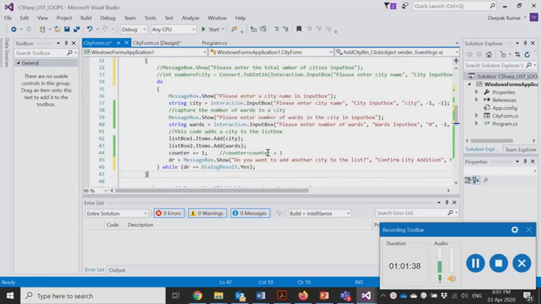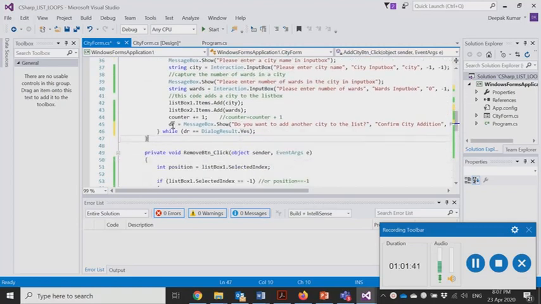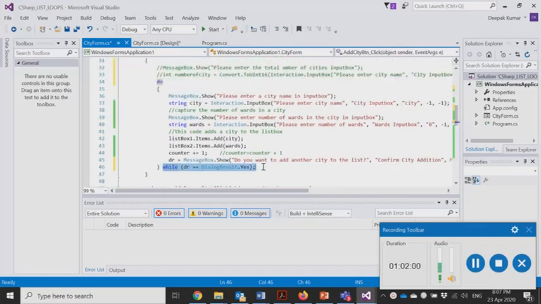where you would enter the first city name, and only after that a question is asked of the user through this message box: do you want to add another one? If you say yes, then the while loop continues to the next iteration, and every time a city is added. So this is an excellent example of a do loop while, to see that it will execute at least once, and then you add a city name, and then you ask the user whether they want to add another one or not. Okay, so this is the situation we have right here.